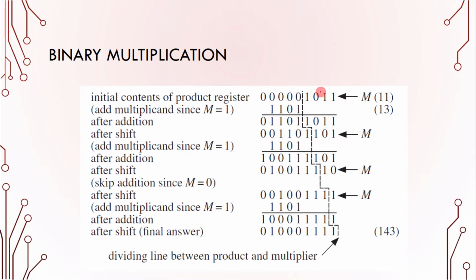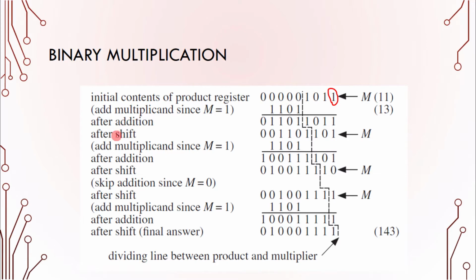So initially when the load pin is enabled, you store the 4 bits of the multiplier, 1011, in the lower 4 bits of the accumulator register, whereas the higher 5 bits will be initialized to zeros. And here you have 1101. So when this M is equal to 1, this bit is 1, the controller sends the addition signal, and these bits will be added. This is 101, 000, 011, 011, and this is 0.